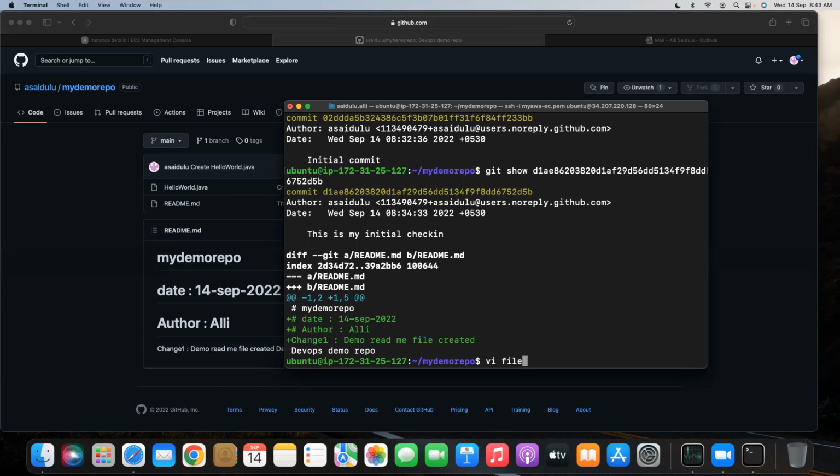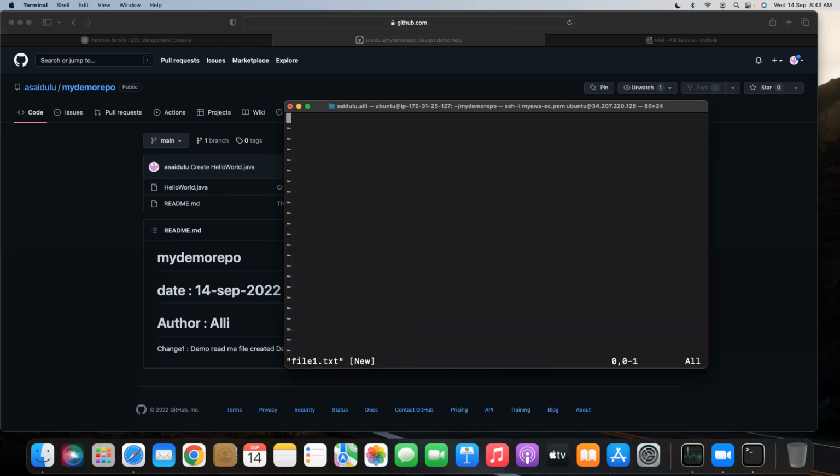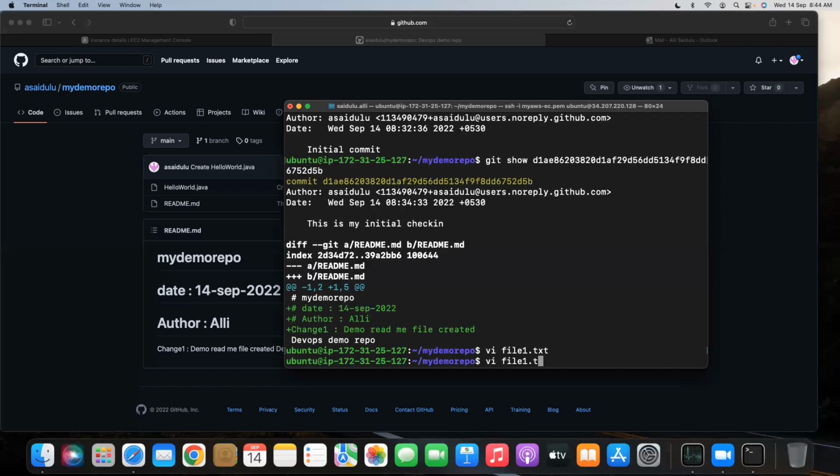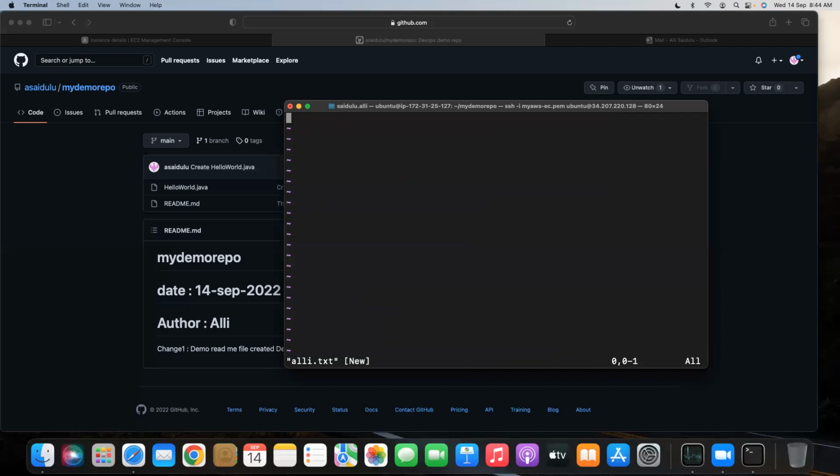File 1, I'll create. File 1 txt. Just to differentiate, this change is made from my local repo. Maybe I can say 3. Similarly, every one of you, if you have cloned, maybe you can create a file named with your name. Okay. Maybe for simplicity, instead of file 1, I can create another file. The change is